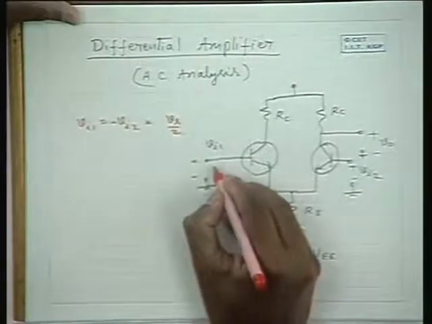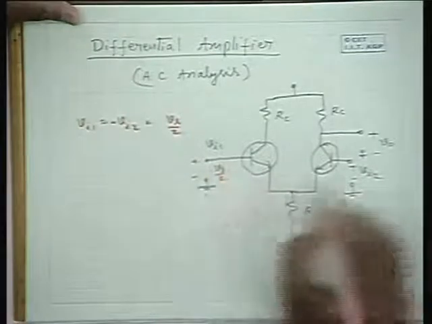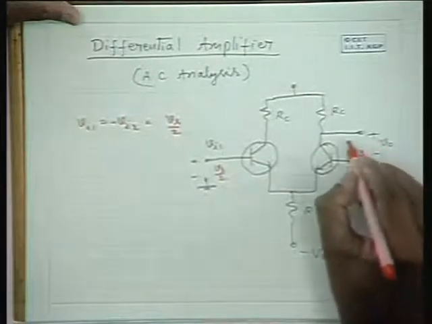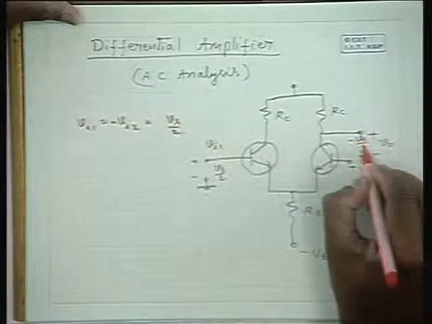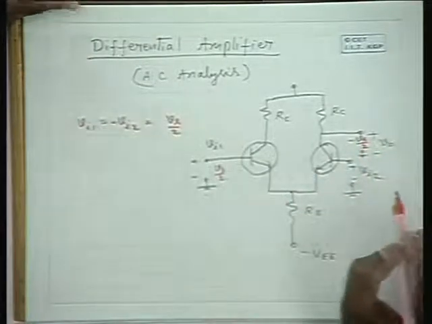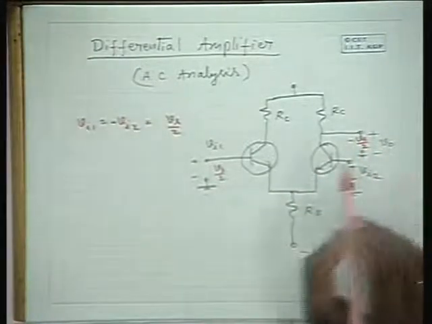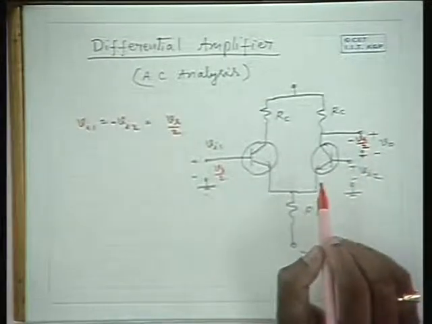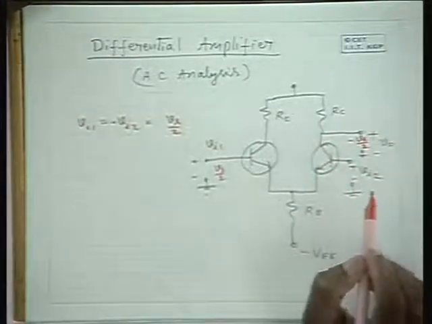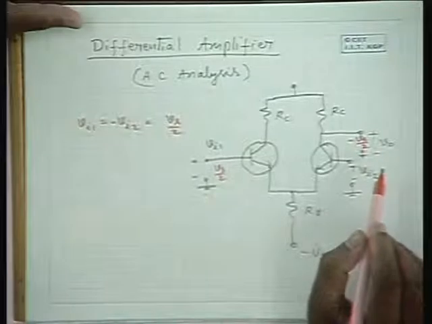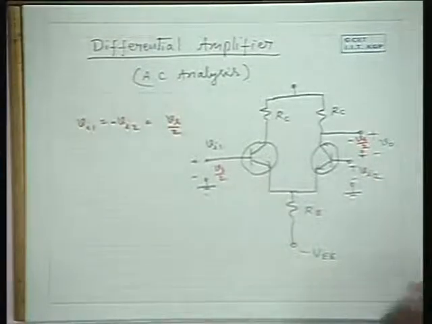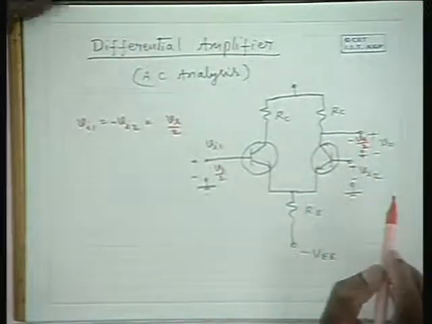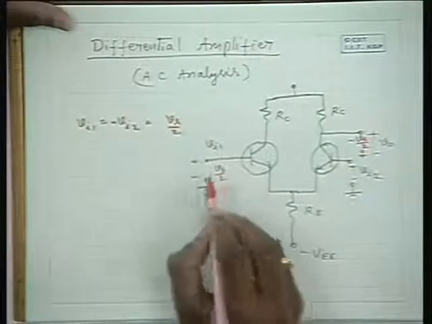Hence, we apply plus Vs by 2 here and minus Vs by 2 here and analyze the performance of the circuit. With this kind of differential signal, we see what output voltage you get here, and then the expression for the gain can be obtained. Please note that